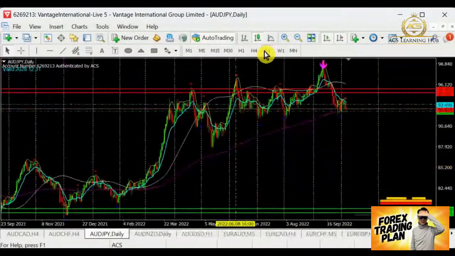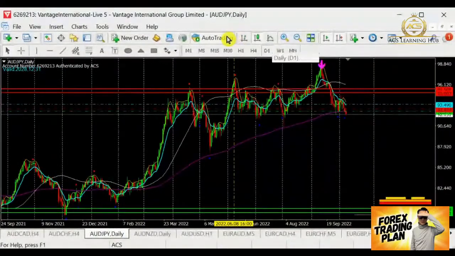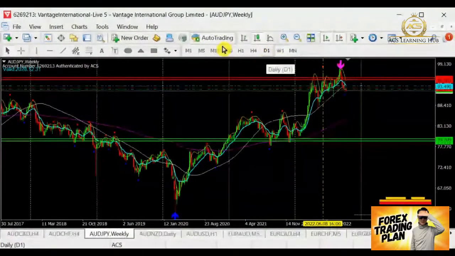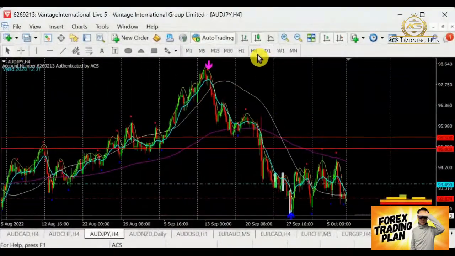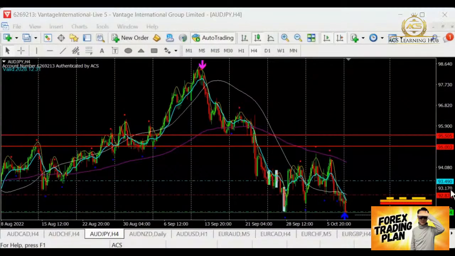Well, Aussie yen will be good. Looking at Aussie yen today, it is also in the bear. Tentatively, the first thing is that it must break the support level over here. There's a support level at this point here, which is very strong, so I prefer to wait for it to break the support. After it breaks the support, then we will go for selling. After it retests the support as a resistance, then I will go for it. So Aussie yen maybe one. Let me put this into my selling list.